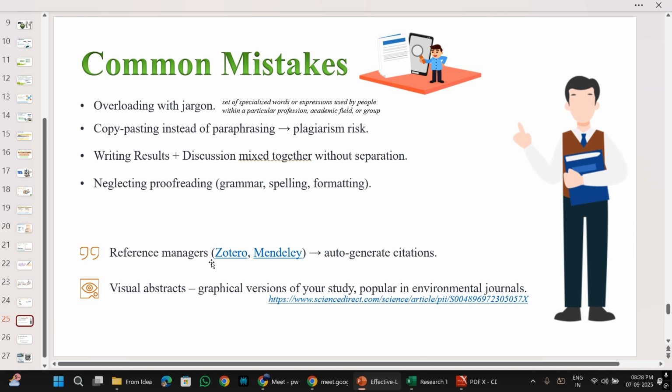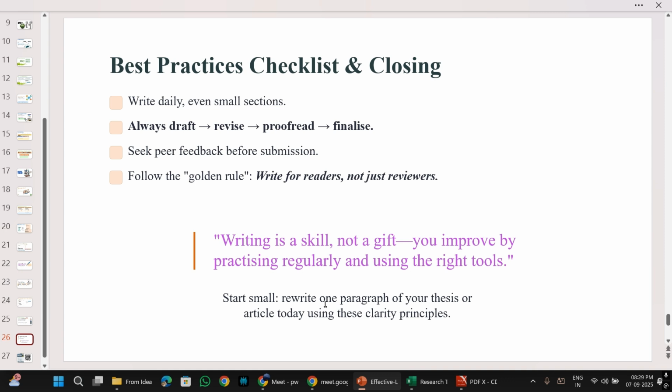Use them. Visual abstracts, yet again, the graphical abstracts, these are very popular. There's a link that I have given to one of the graphical representations. It is on some coastal erosion. Just go and read those pointers, the salient features of this research that they have given. Though you don't work in coastal erosion, you will feel like reading that particular article. Such wonderful is the story about these graphical representations. Then what are the best practices? And we are closing it here.